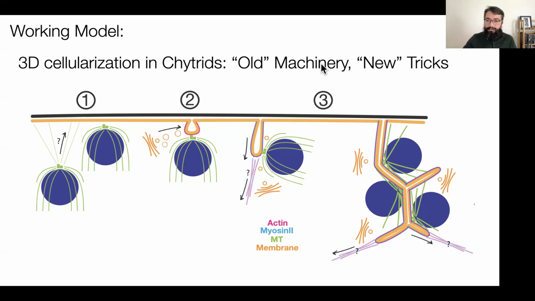We have some traits that are shared with some of the two-dimensional cellularization programs in animals, which is, for example, migration of the nuclei towards the plasma membrane. And that allows the selection of the furrow sites,